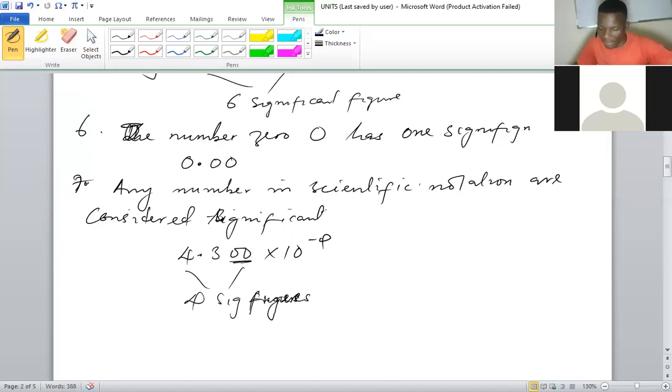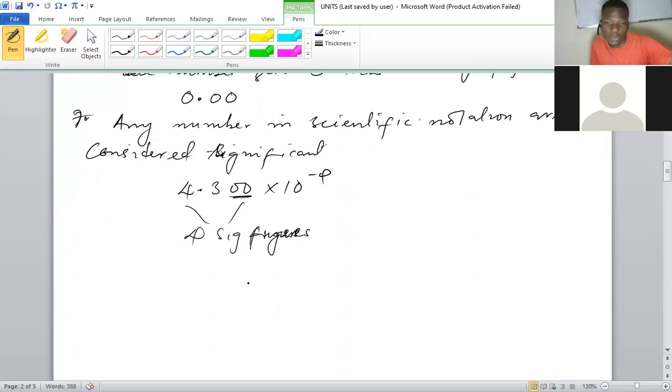Okay. So that is about the rules that you use to determine if a digit is significant, or how many significant figures you have in a given number. So these are the rules that you use. Now, we do a lot of calculations. We do addition, subtraction, multiplication, and division. Now, how do we carry out those calculations with the consideration of